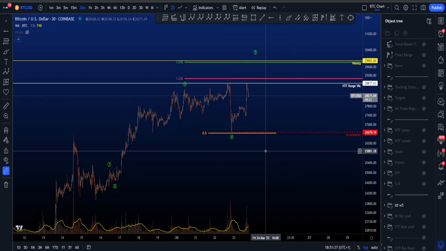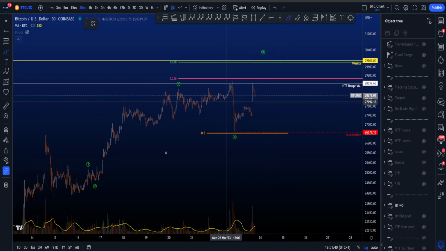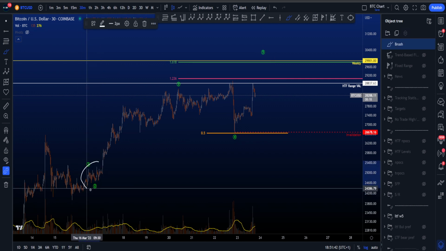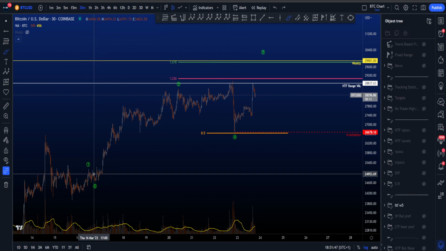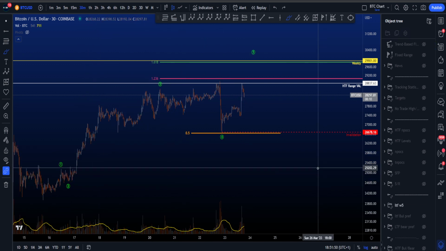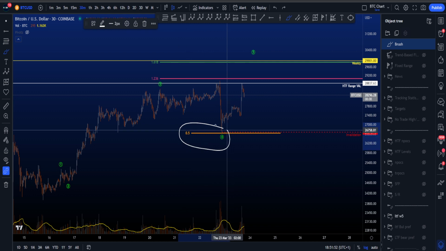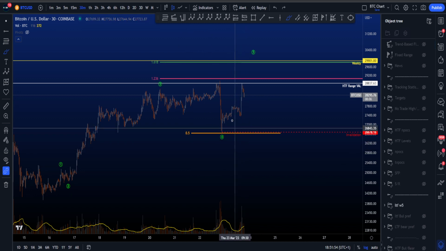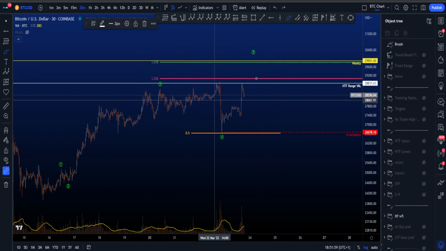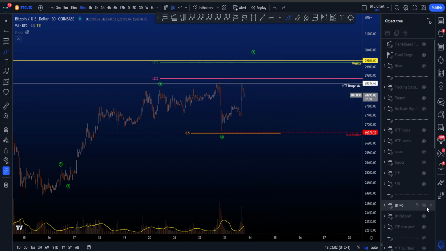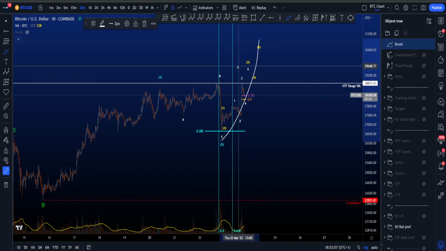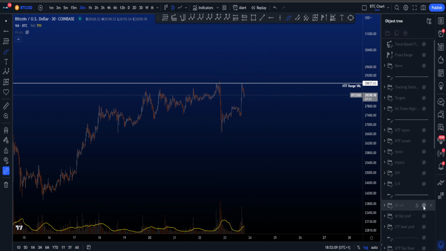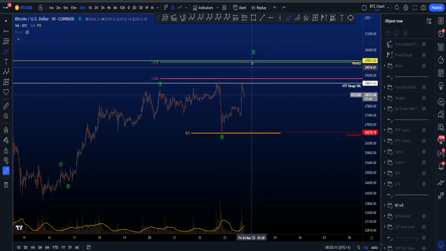The only thing I might not necessarily like too much per se is how wave 2 would match wave 4. Wave 4 is really, really big compared to this very, very small wave 2. And that's not necessarily something I like. Yes, wave 4 didn't go below the 0.5, which is good. And we have a little bit of an impulse. This is still valid, but short scenarios at the moment at this level might be a bit risky, because we also have this going on. So it can either be a very impulsive move to the upside in a very big 3, or wave 5 might end over here, and then we're looking for downside.